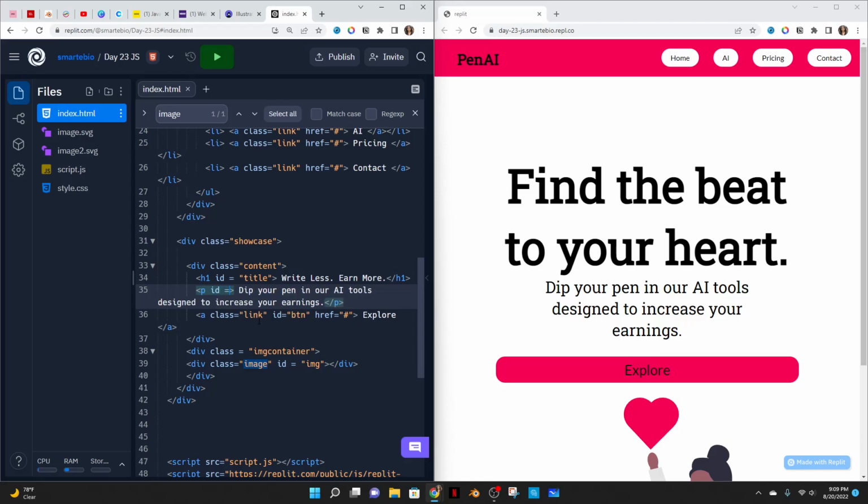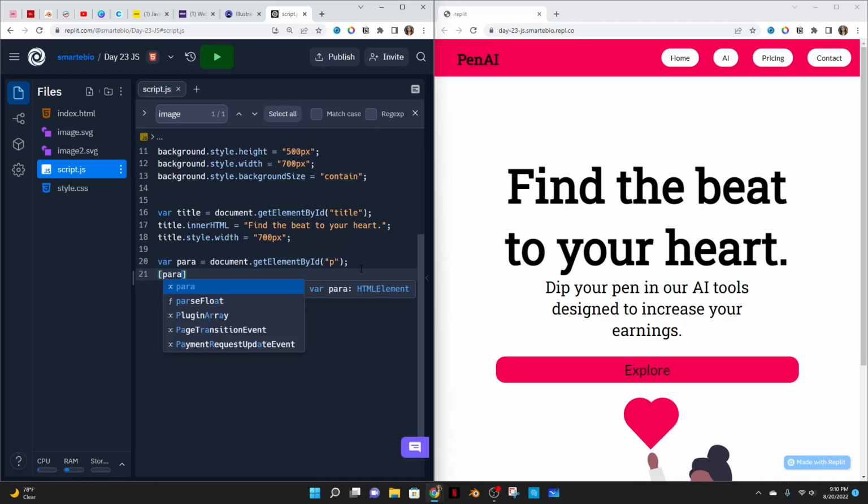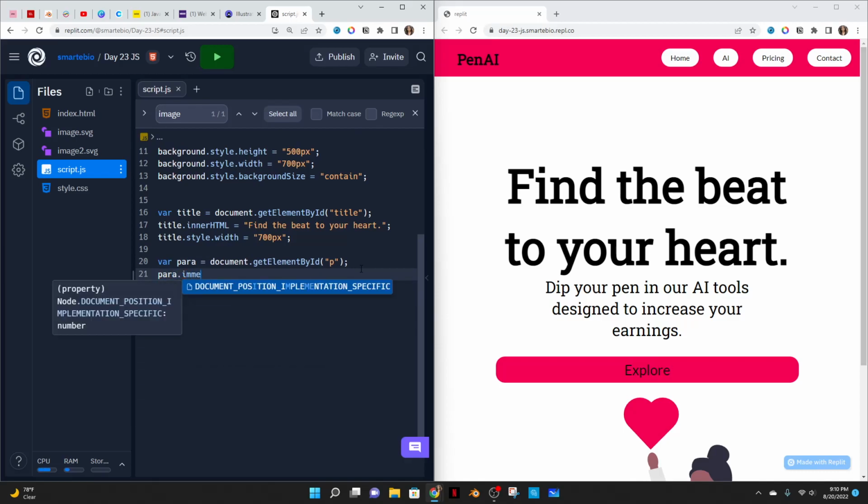No, yes, let me give it an ID. I'm so indecisive. Okay, I'm just going to say ID p, and then I'll go here and do variable. Honestly, I'm so tired of writing, so let me just copy this and paste that and call it paragraph. So I'm just going to call it para, and then p here, and then I'll do para.innerHTML,